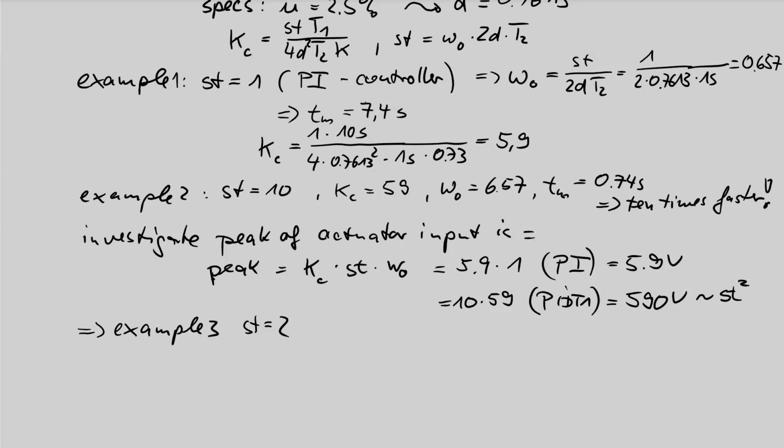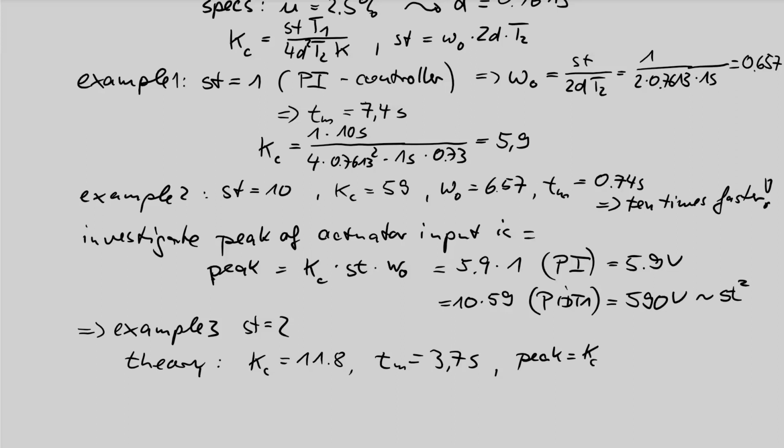Yeah, in this third example, I decrease the step depth to a factor of 2. Then in theory, I get a Kc value which is 2 times this, that is 11.8. The T max value is half of this, half of 7.4. It is 3.7 seconds. Now you theoretically have double speed, and the peak